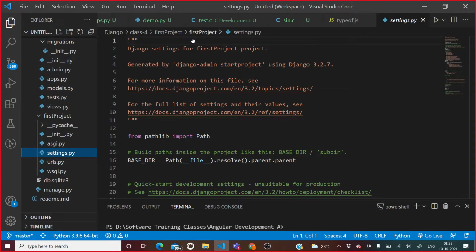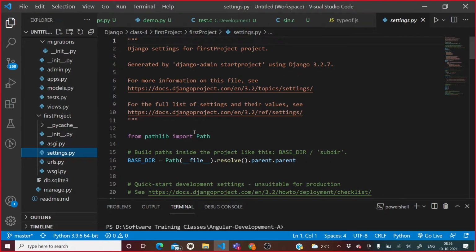There will be an installed apps section somewhere.